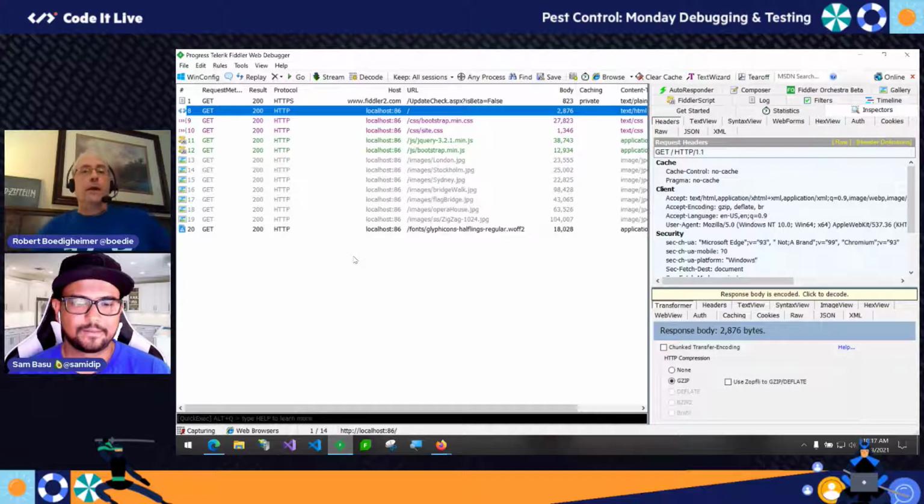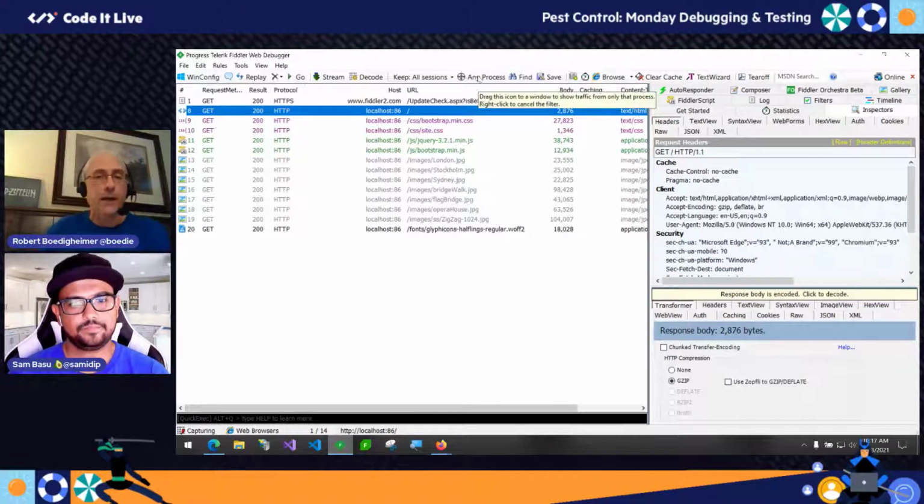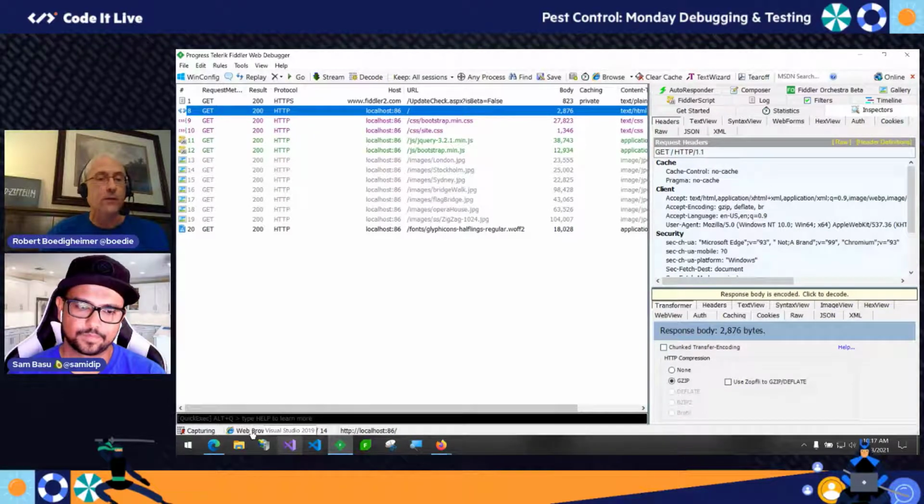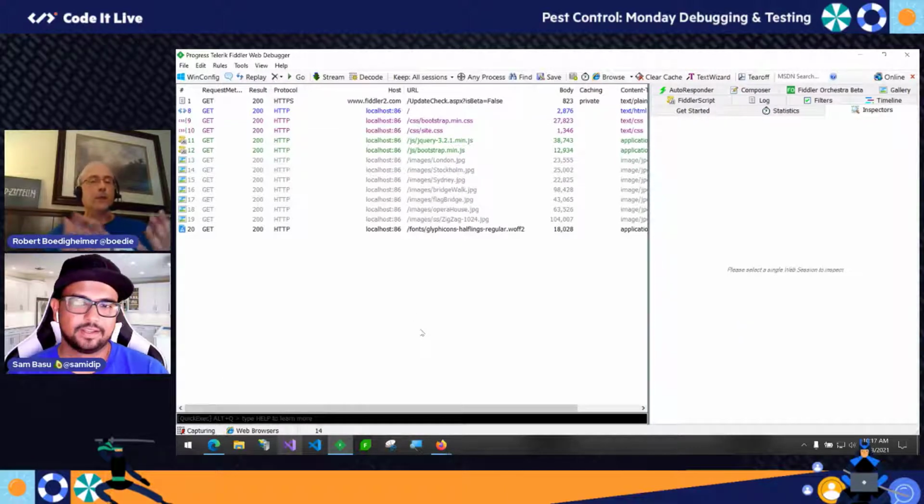So you can do that. In Classic, I can pick any process here, and I can drag and drop that on a particular instance of the browser. So if I had multiple things running, I could do that. Down here, I can also say I'm only tracing web browsers, if you can see that. I see. So if I changed it to all other processes, you'd see a lot more background chatter. Yeah. Plus, I'm on my laptop, which doesn't have as many background services, but it is cool. You can isolate it down to a specific browser instance if you want to do that.